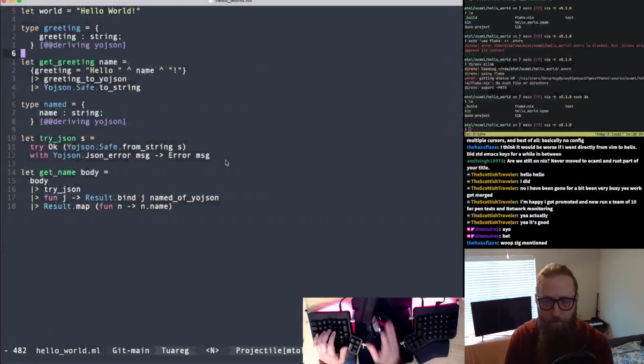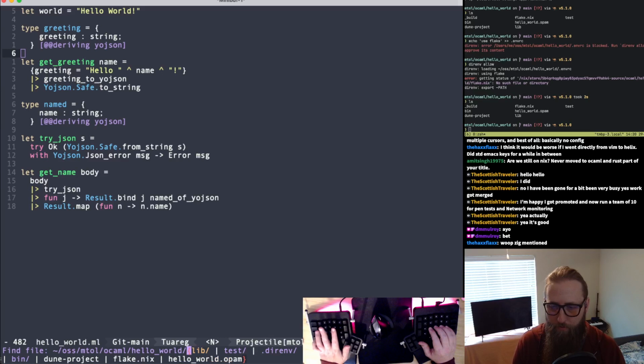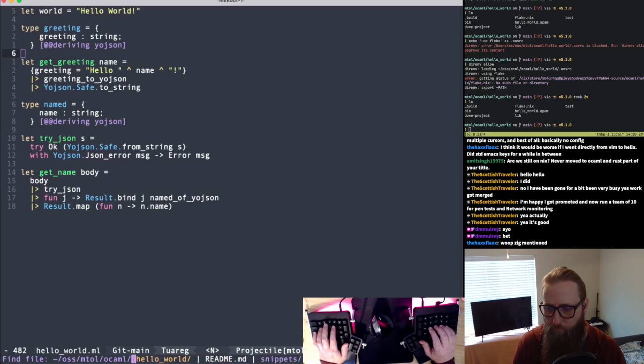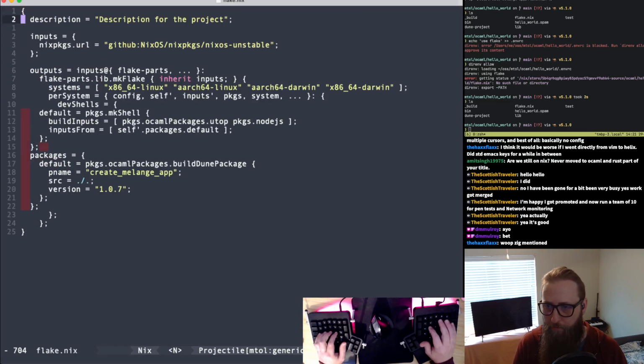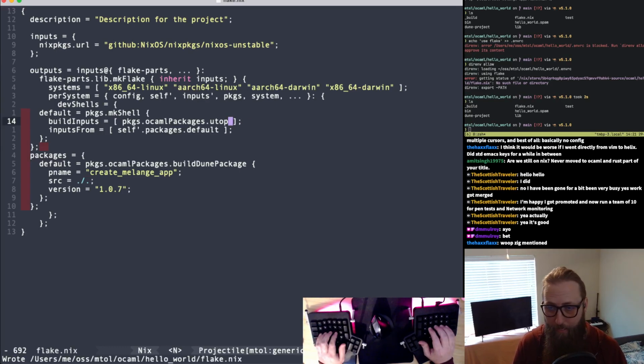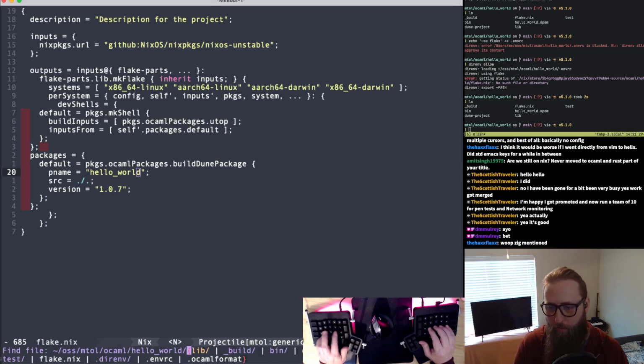Okay. So let's see. So anyway, basic OCaml project. That's where we were at. And we're just going to fix this flake to actually work for this project, hopefully. So the main things we need to fix or change are the fact that we don't need that. Thank God. I'm going to leave utop in there because that's something I kind of want for my dev shell in general. And then here we need to actually change this to the name of our app, which is just going to match